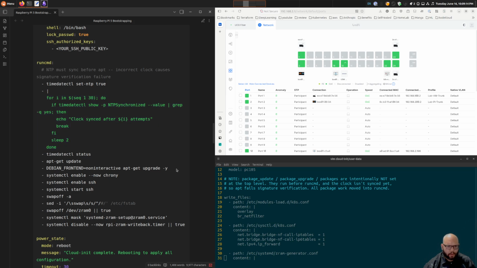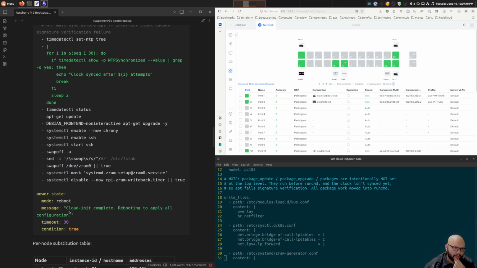maintenance, right? So I will do an upgrade, make sure all the packages are upgraded on the device, and then I'll enable the Chrony service, enable the SSH service, start it, turn off swap, make sure swap is not in fstab. Just basically do some basic steps to make sure that my cluster is working. My Raspberry Pis are working, right? After it does all of this, it will do a reboot of the system,